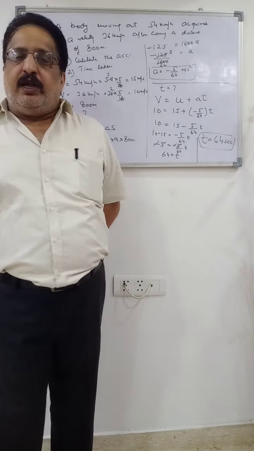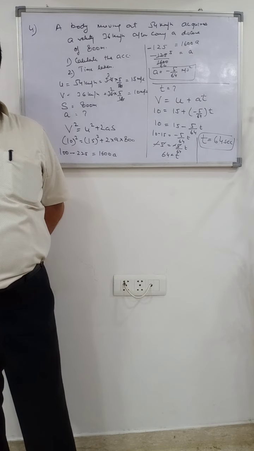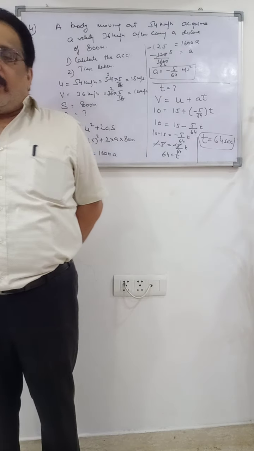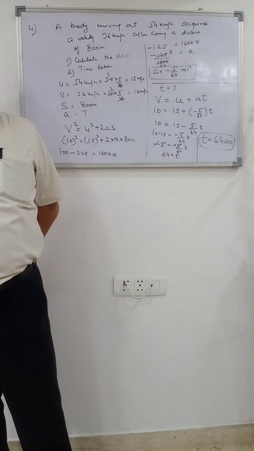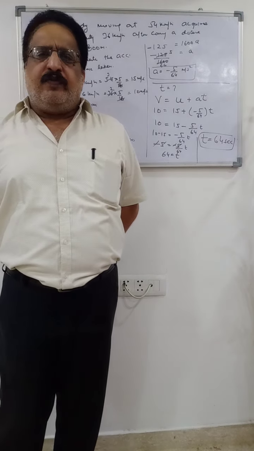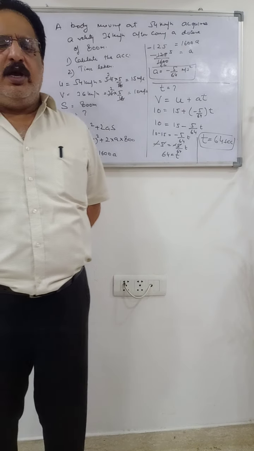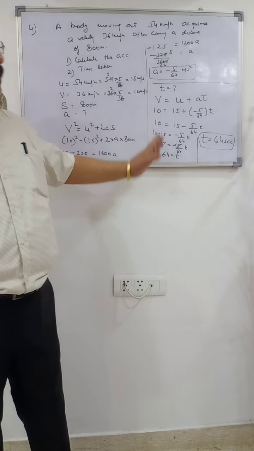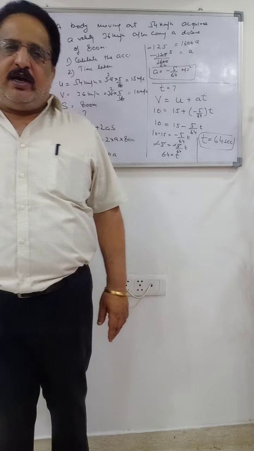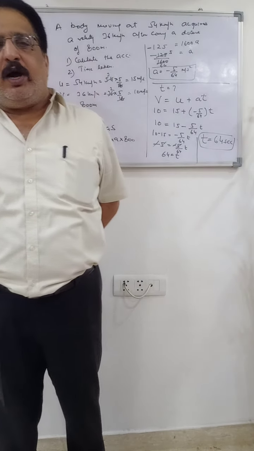I hope it is very clear to you. If the units are given in kilometer per hour, change them into meter per second by multiplying by 5 by 18. Then solve for one of the quantities using one equation, and to calculate the second quantity, you will have two options. You can use any of the other two equations to calculate the second quantity. Definitely there will be two options. एक से निकाल लो या दूसरे से निकाल लो. That will be simple. But for that you have to remember this. I hope you have revised the derivations of the equations of motion. They are very important. You are going to get them in your exams.